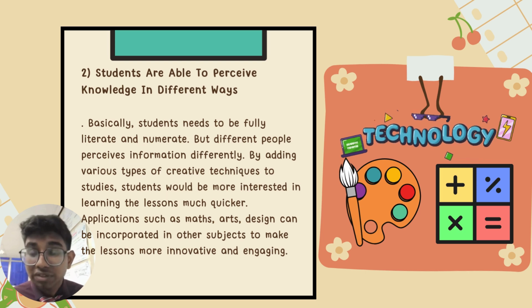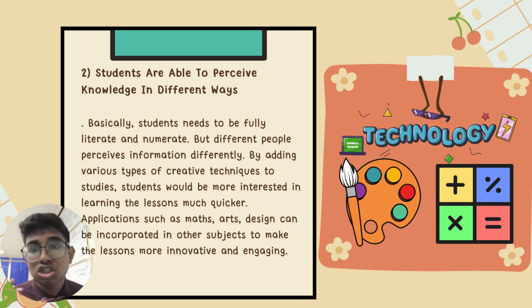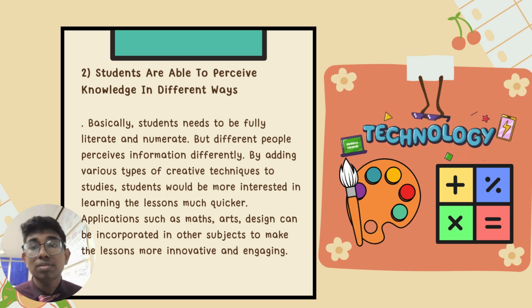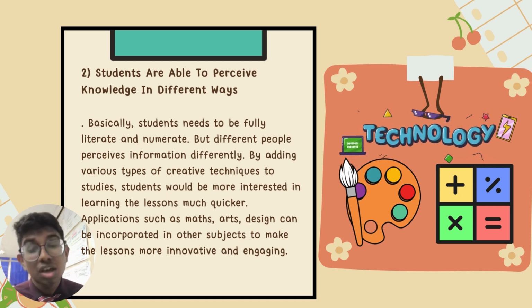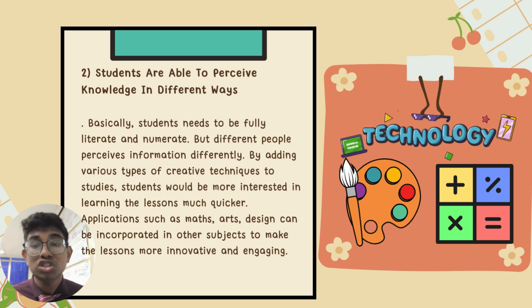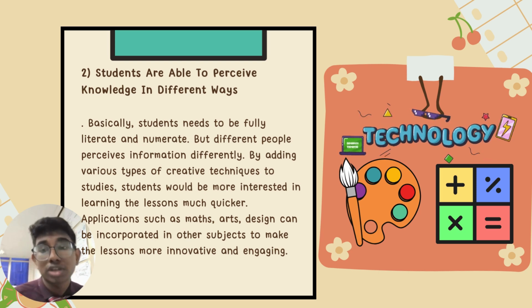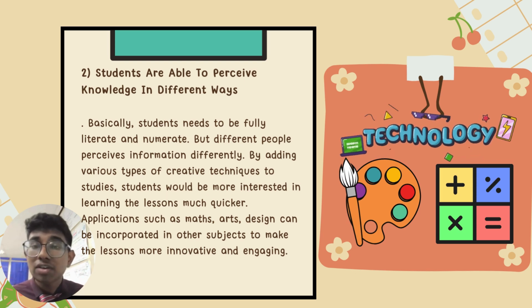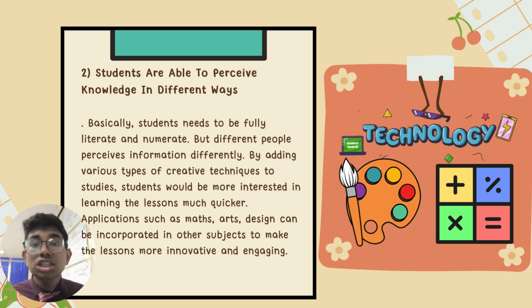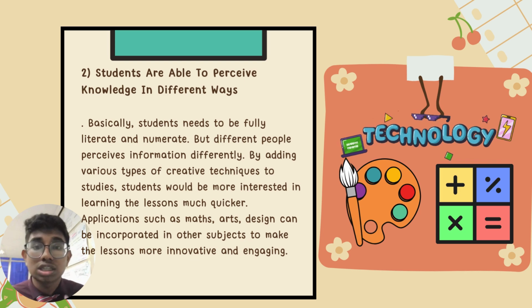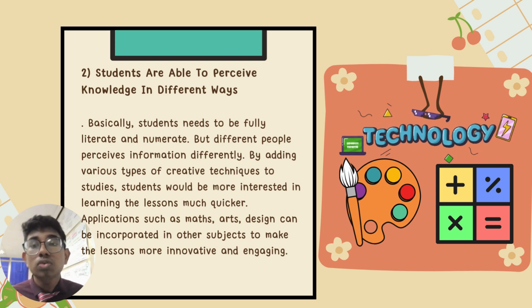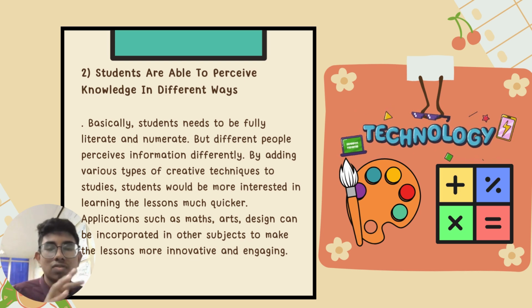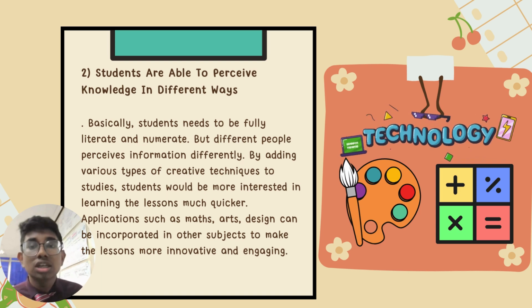Second of all, from creativity, students are able to perceive knowledge in different ways. Basically, students have to be fully literate and numerate. This is the basic composition that every student must have. But different people perceive the information differently. For example, some people are good in linguistics, some people are good in mathematics and science. So by adding various types of creative techniques to studies, students will be more interested in learning the lessons much quicker. And also, we have to combine other forms of subjects into our subject to make the lessons look